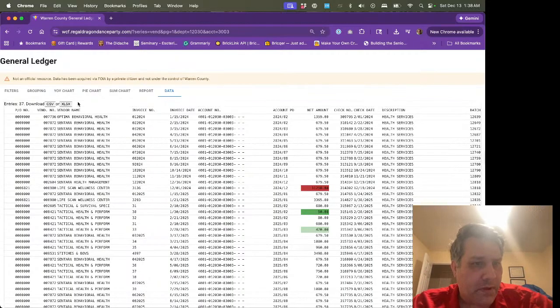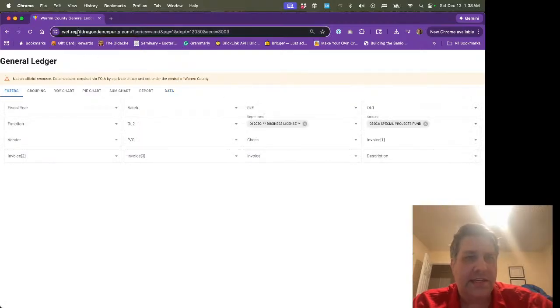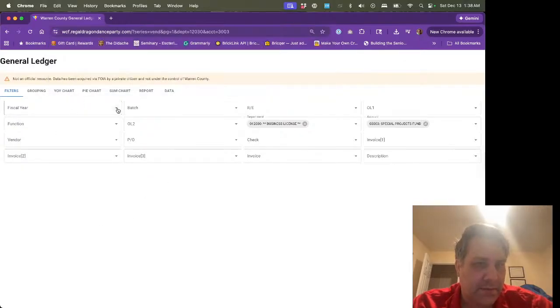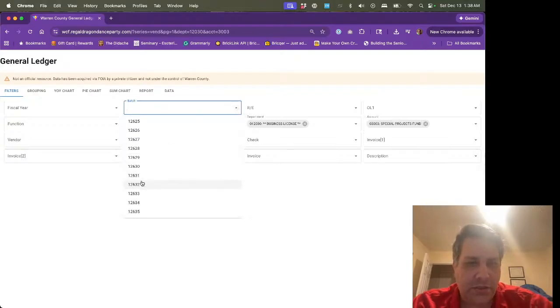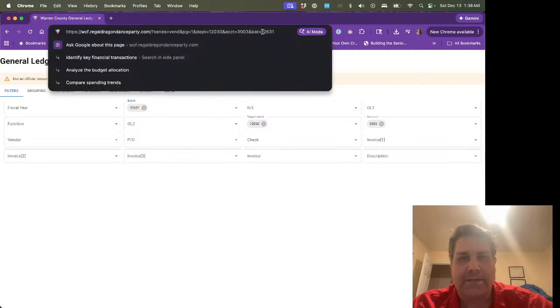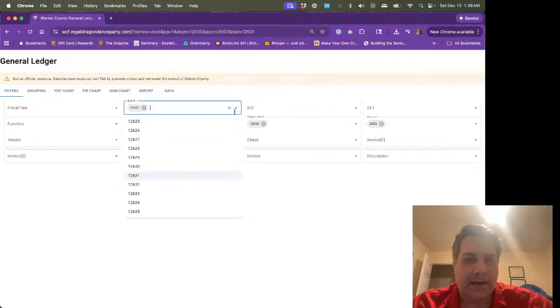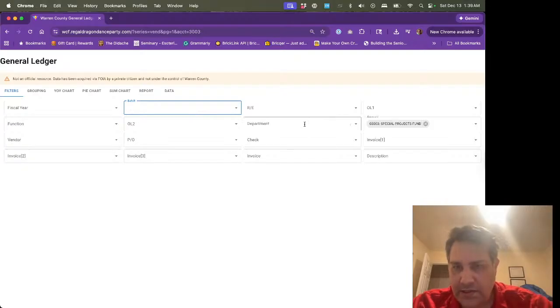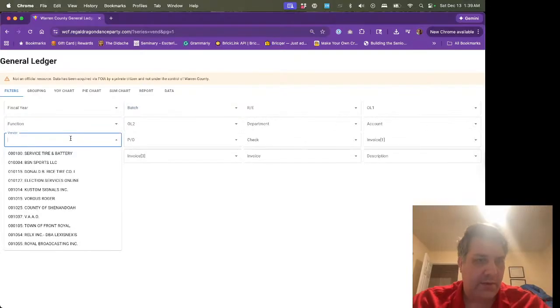One of the things you'll notice at the top here, as I change my filtering, the query string changes. So if I put in batch 612, 631. So now that the batch parameter is here, I can actually select multiple ones here. In fact, I was noticing this the other night,